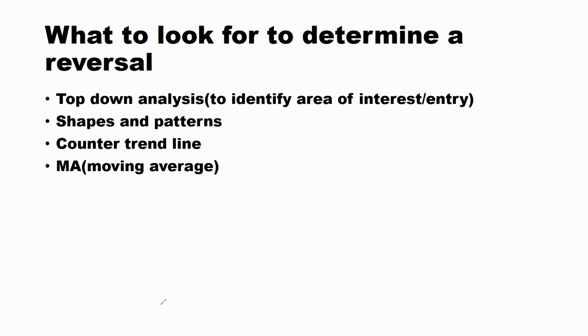Now, these shapes and patterns depend on your structure time frame, where they give the structure to trade, to mark your areas of interest, which you're targeting, that price is most likely, not as a must, going to come and turn from here and here. Then I've talked about the counter trend line, which is best used especially when the market is making retests. I've explained that. Then I've also talked about moving averages. Moving averages and counter trend lines work best in your entry timeframes. Also, the shapes, I've told you that you can use them in 2 ways: to get the structure to trade, and also when you're in your entry timeframe, to look for trades. So now, what's the best time frame?